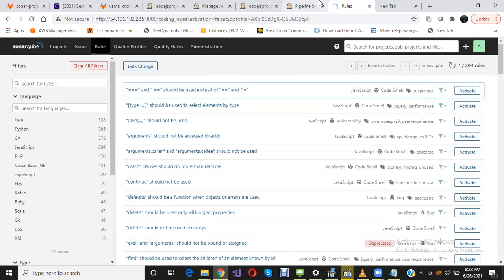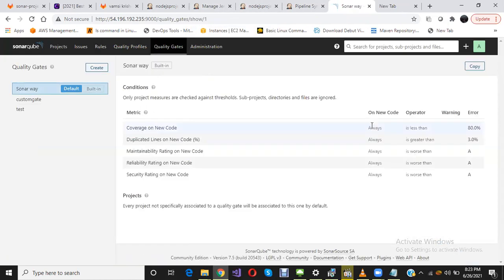So quality gate is nothing but we can specify the conditions for your source code project. Like I want coverage on your code with some threshold, and duplicated lines and new code with some threshold. We can specify some threshold, and we can create a custom gate as well as use the default quality gate.